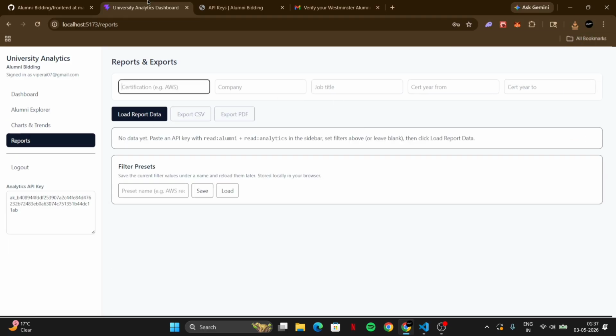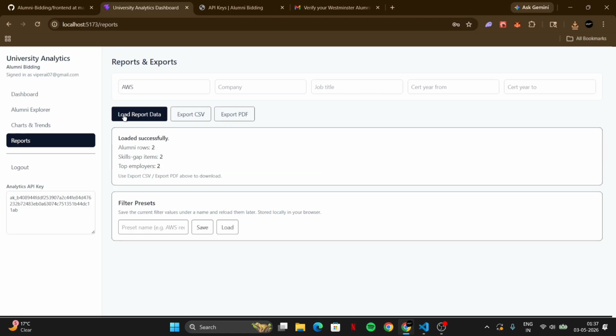I've already shown you the slash reports page, where you will get the report of your analytics or dashboard. For example, let's fill the certification with AWS and load the report data. You will see it loaded successfully. Total alumni is 2, skill gap items 2, total employers 2. It summarizes all three: the dashboard, alumni explorer, and charts and trends, and shows them